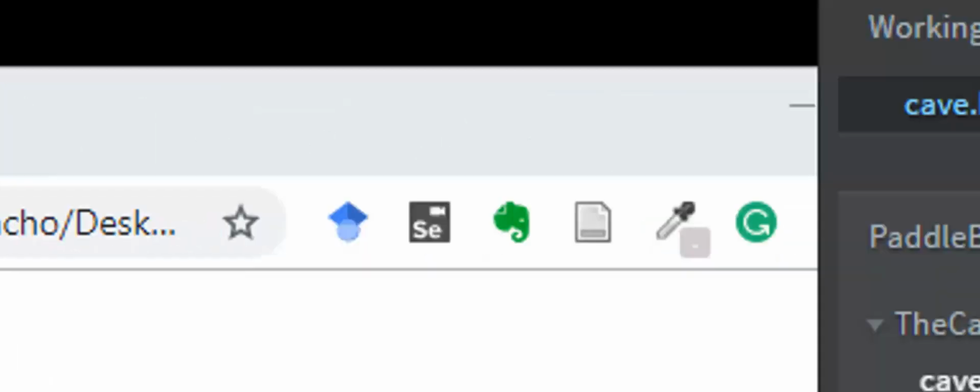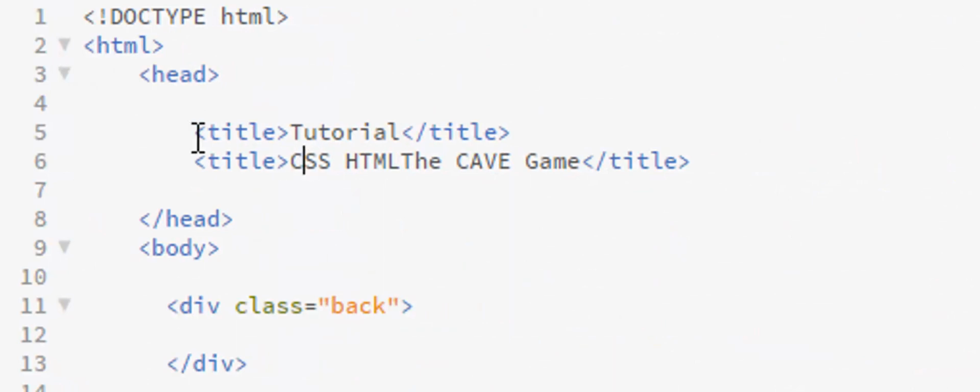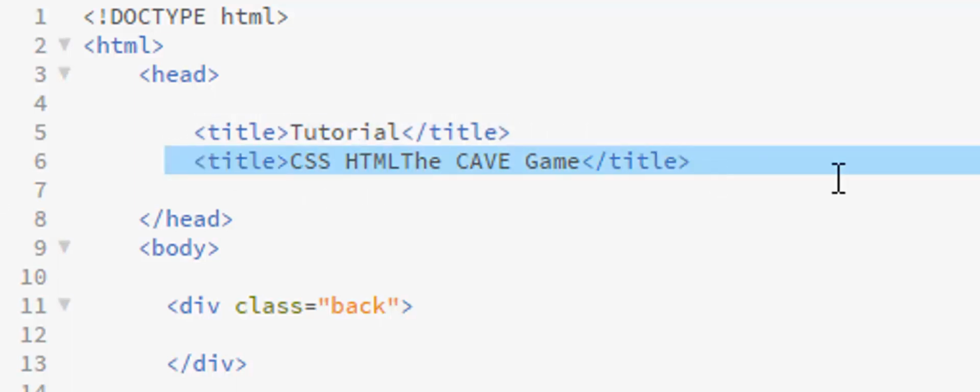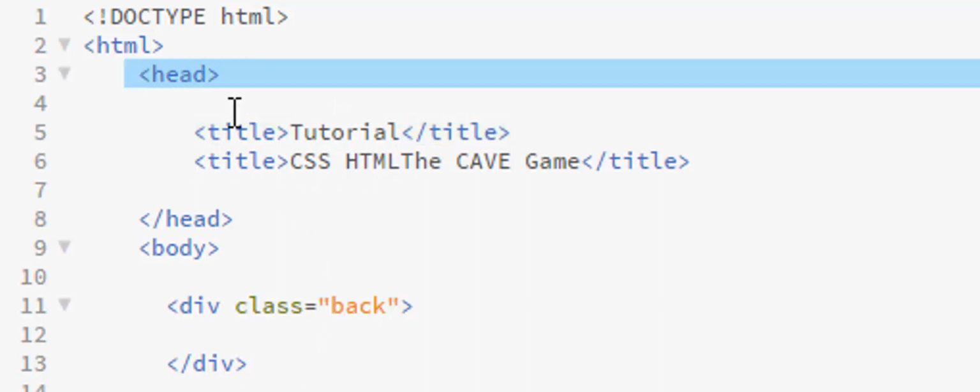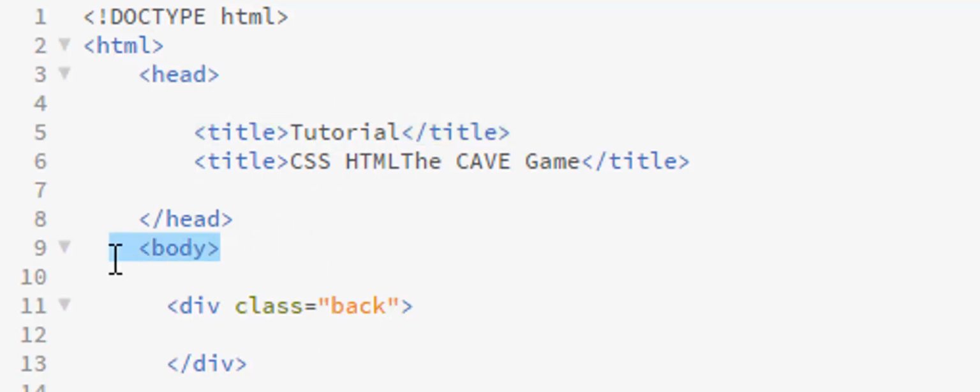And the reason why it says that is because here I have two tags. I did this so you can see that it's going to take this first tag and ignore this second tag. If I wanted this inside of here, I would have to put it inside that tag. So this will show you there can only be one head tag, one body tag, and one HTML tag, and